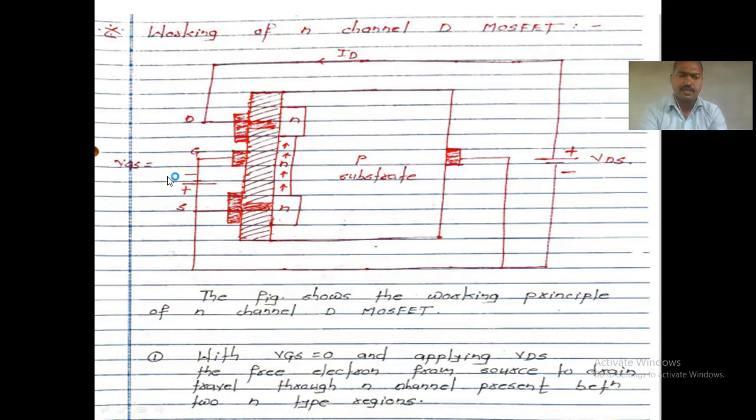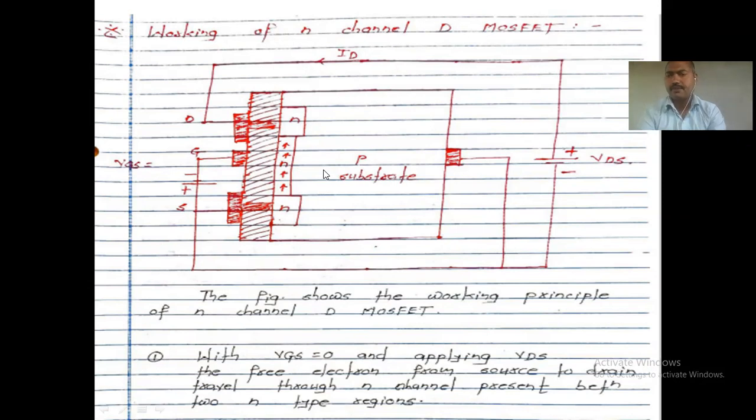As we increase VGS to more negative, in that case, what happens? The size of the depletion layer increases. As the depletion layer increases, the area of your channel is reduced, so there is a low number of electrons flowing from your source to the drain terminal, right? One more event comes when we increase the gate to source voltage more negative. Due to this more negative voltage, the two depletion layers get connected to each other. So that's why no current flows through the device. This happens in the case of D MOSFET.